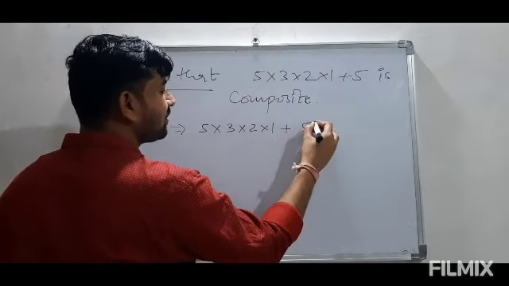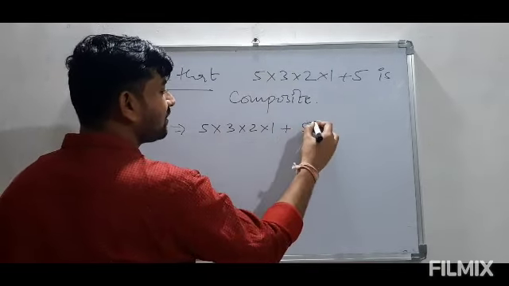5 into 7. So, this number, whatever number it may be, the number of factors here we are getting is 5 and 7, means 2 factors we are getting. For this we have 2 factors, factor number 1 is 5, factor number 2 is 7, and there is another one, that is third, which is always there for any number, that is 1. So we can say there are more than 2 factors, so this is composite. So this is how we deal with this kind of problem.